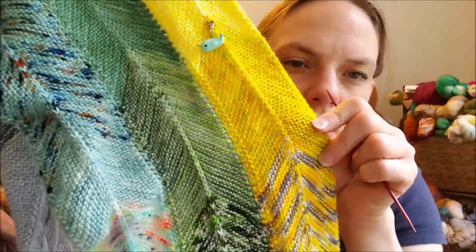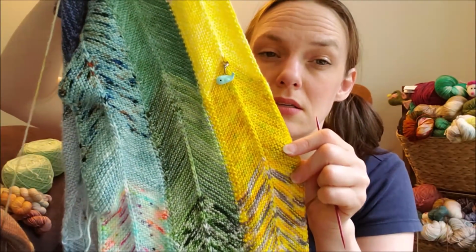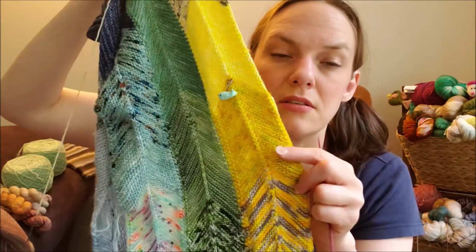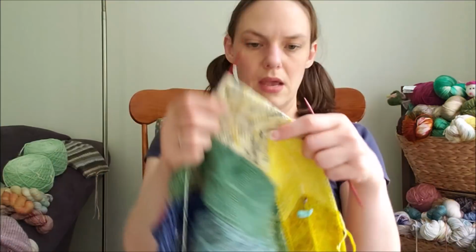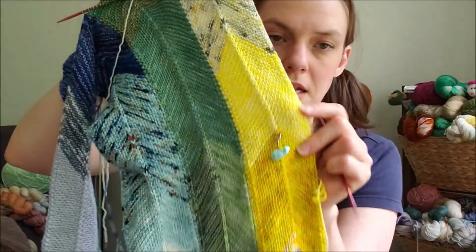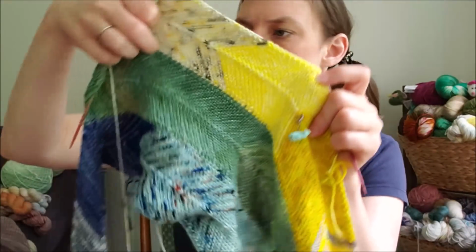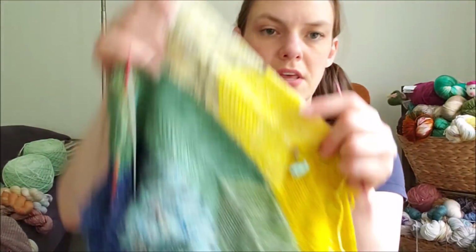This is from No Makers. It is, I believe, Omelette. There was like a breakfast mini skein bundle. I got this one in the mini skein swap that I do with Anna Knitter. We do it like every year at Christmas time, so it's an Advent swap. So I think I got that one